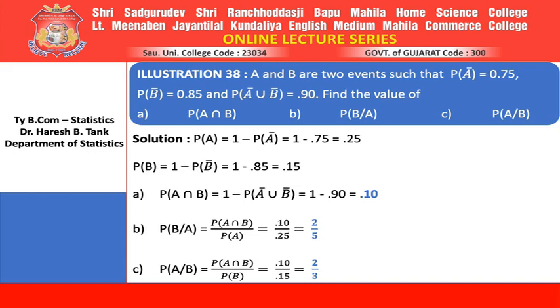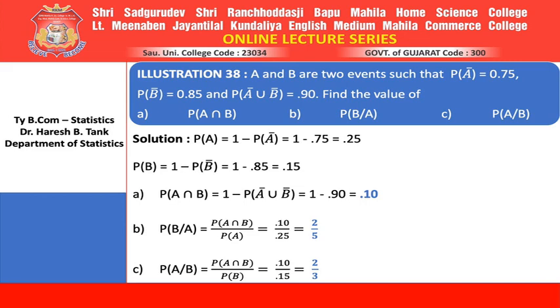Fine enough. Now probability of A complement union B complement is given to you, and our interest is to get probability of A intersection B. Probability of A intersection B is nothing but 1 minus probability of A complement union B complement. That is already given, 0.9. So 1 minus 0.9 comes to 0.10. So 0.10 becomes probability of A intersection B, which becomes the answer of first A. Right?